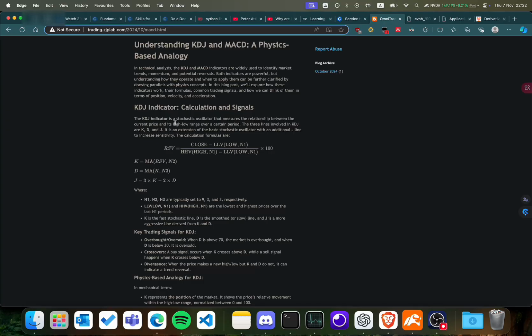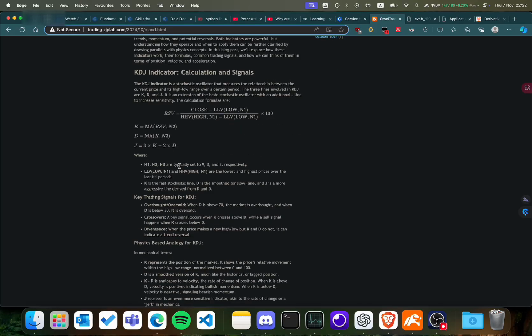So, KDJ here. I wrote that the KDJ indicator is a stochastic oscillator that measures the relationship between the current price and its high-low range over a certain period. The three lines involved in KDJ, K, D, and J, are an extension of the basic stochastic oscillator with an additional J line to increase sensitivity. The formulas are, okay, so firstly, we define an